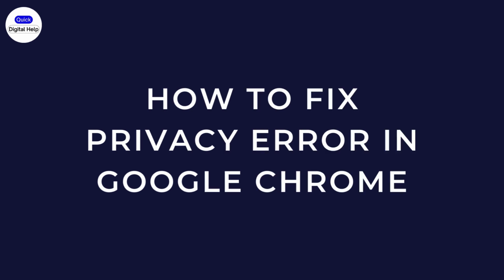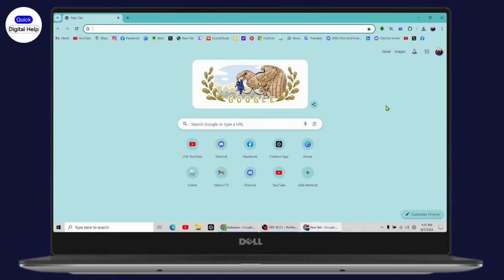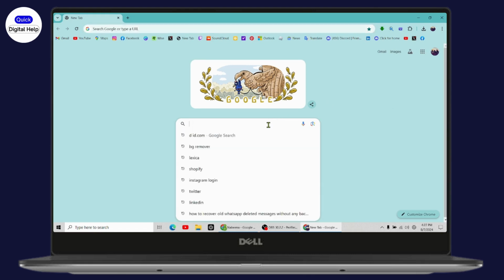How to fix privacy error in Google Chrome. So if you want to fix the privacy error in Google Chrome, then what you need to do is first open up your Google Chrome. Once you're on Google Chrome, now you need to simply go for the search and you need to search for